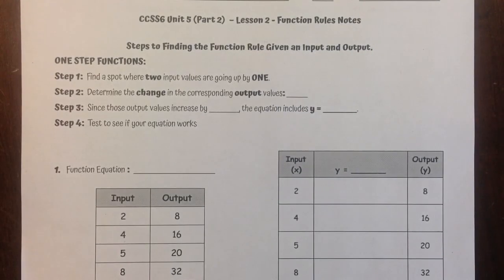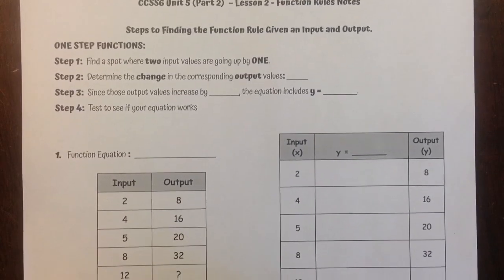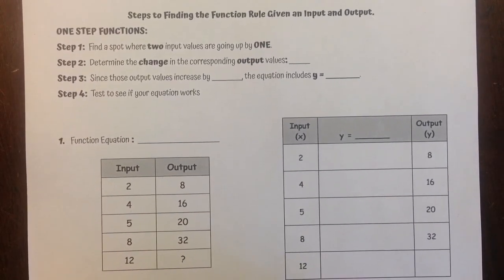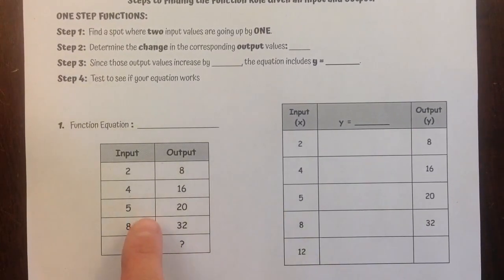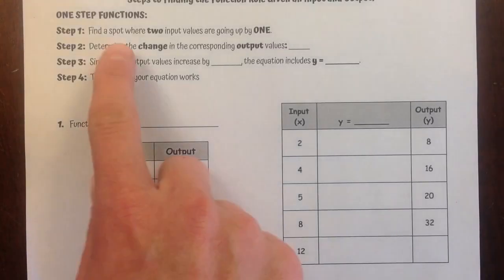Today we're doing Unit 5, Part 2, Lesson 2, which is Function Rule Notes. So, finding the steps to the function rule given an input and an output. And what I'm going to do is work with this function first and walk you through the